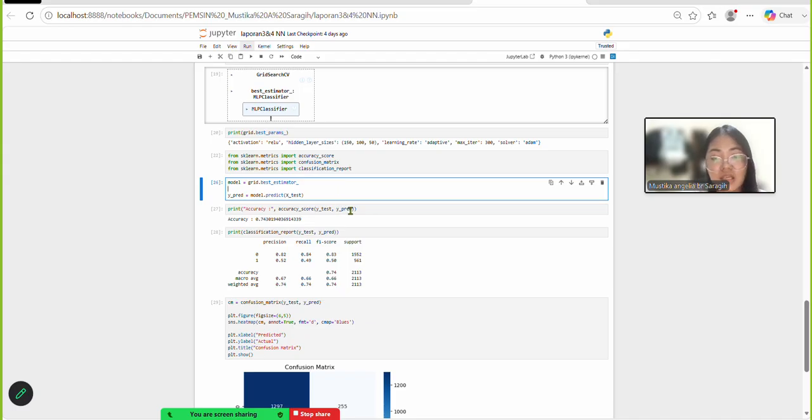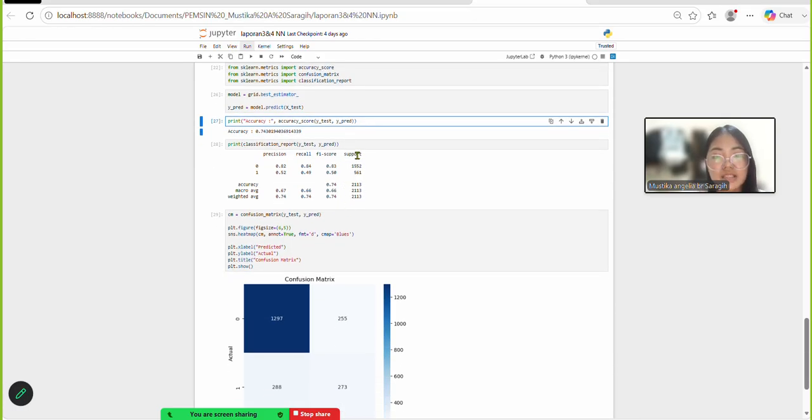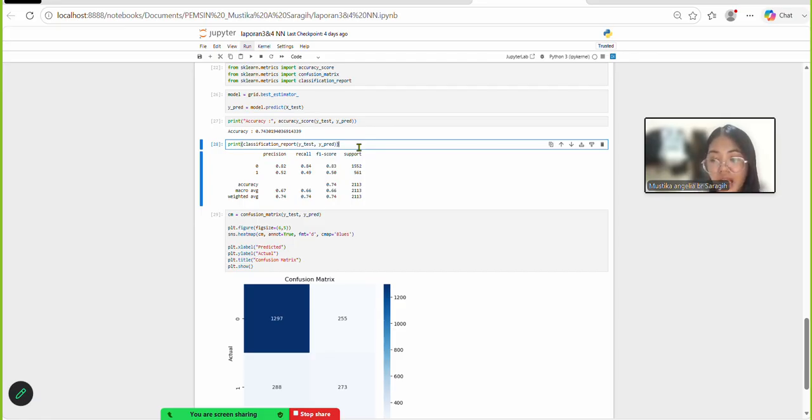Next is calculate accuracy. This code calculates the overall prediction accuracy of the neural network model. And next, classification report. The classification report provides precision, recall, F1 score, and support for each class.